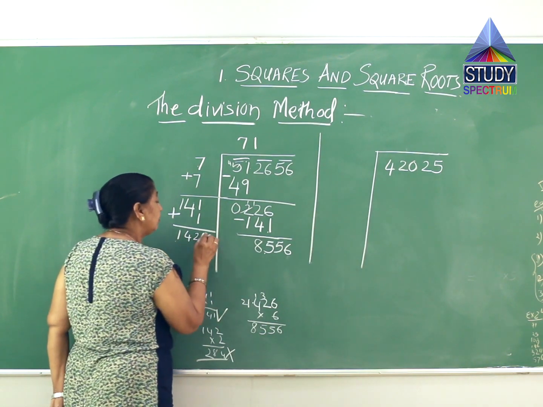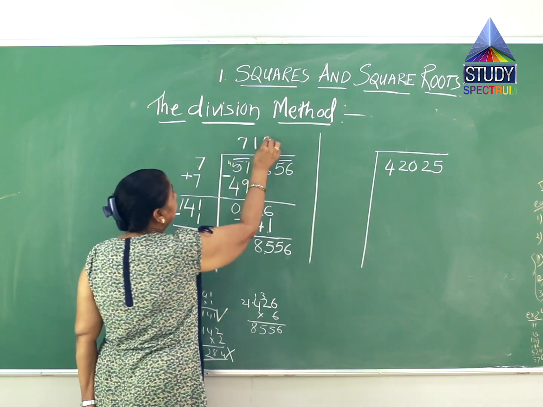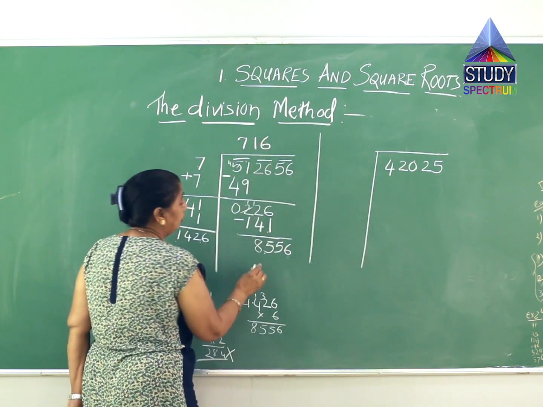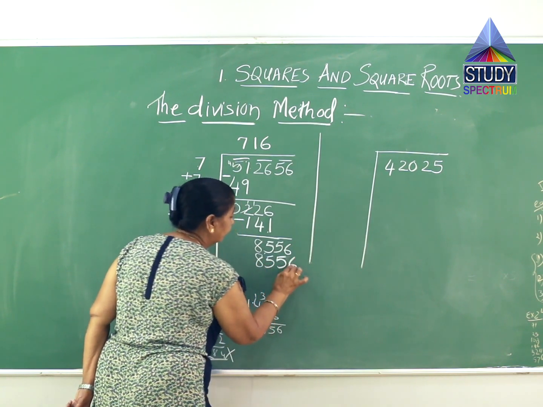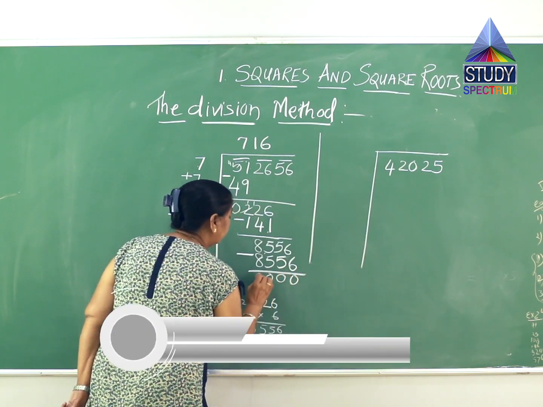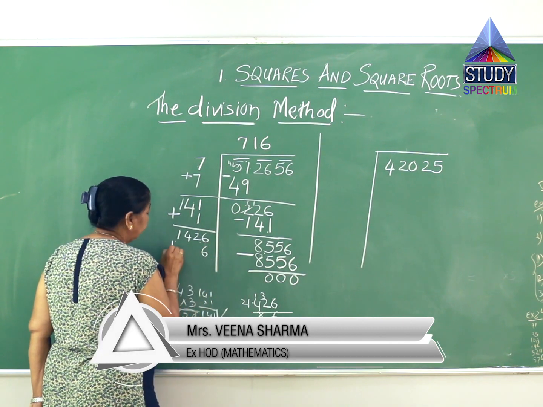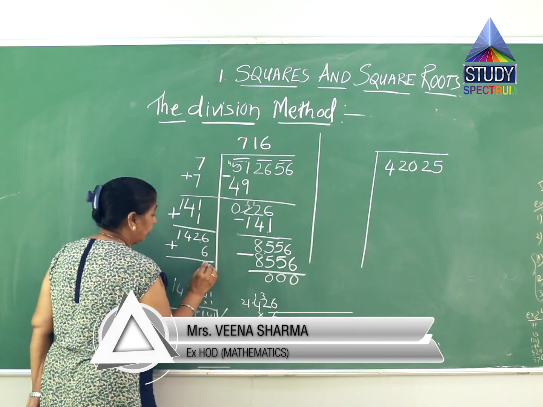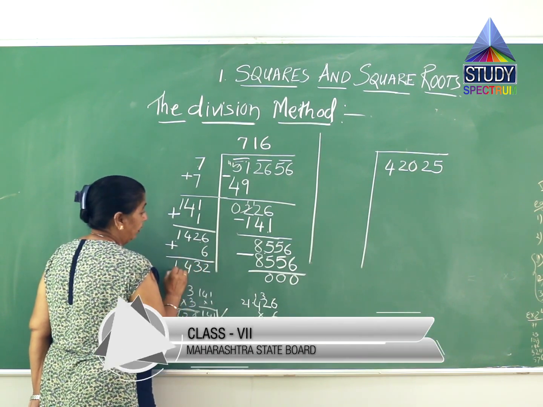So I can go further and put this number 6 over here, and the same number I have to put over here. That gives me 8556. After subtracting this, I got 0, and here I have to add, don't forget to add this. This will give me 12, 1 carry 3, 4, 1.